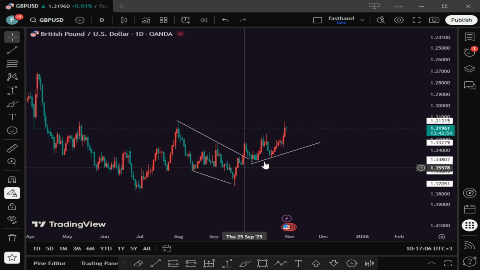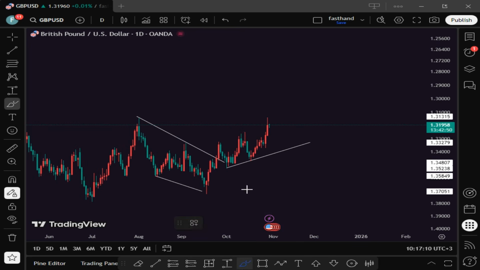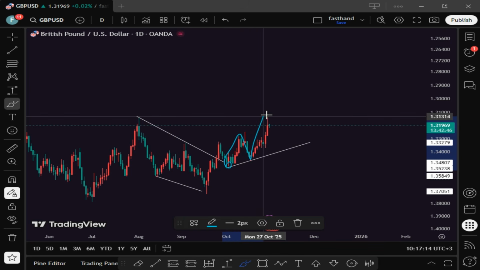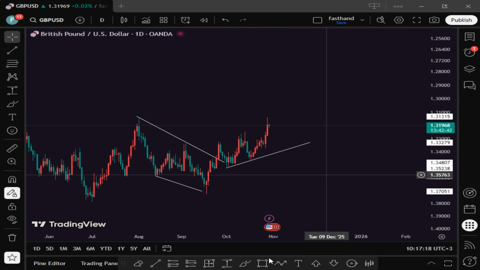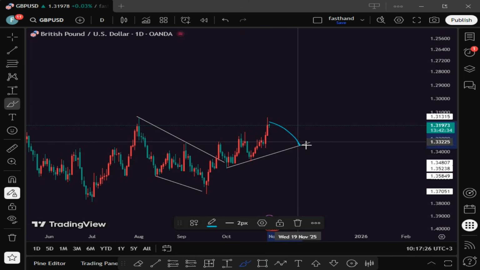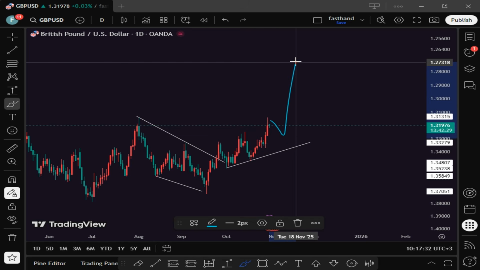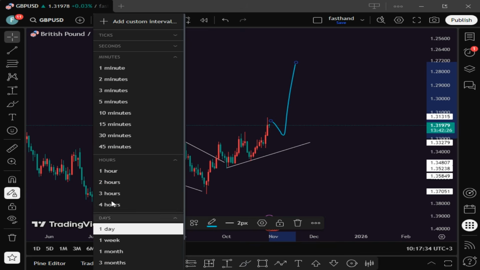Left shoulder, head, possible Quasimodo pattern, and now all we've seen GU giving us is an impulse phase, correction, impulse phase. So as usual, we anticipate a correction pullback before we go all the way down, not up. Screens flip. But sometimes the market won't pull back to go back and test this trend line. It might just give us a pullback, probably around 50%, something like this. Then boom, continue, right? So with that being said, let's see H4